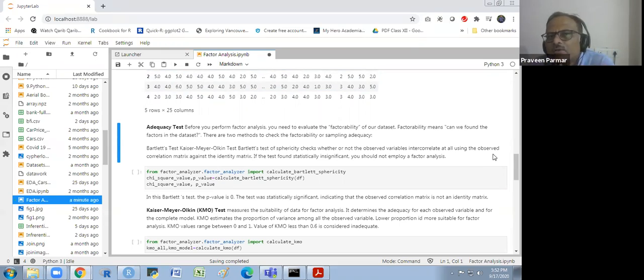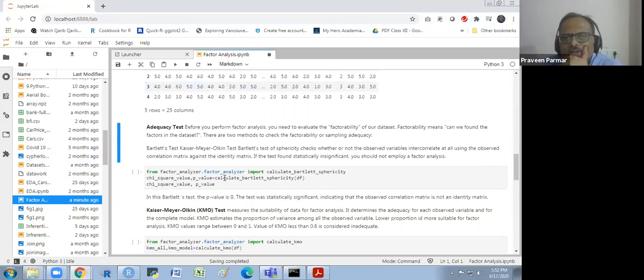Bartlett's test of sphericity checks whether or not the observed variables intercorrelate at all, using the observed correlation matrix against the identity matrix. If the test is found statistically insignificant, you should not employ factor analysis. Okay, so we see it.